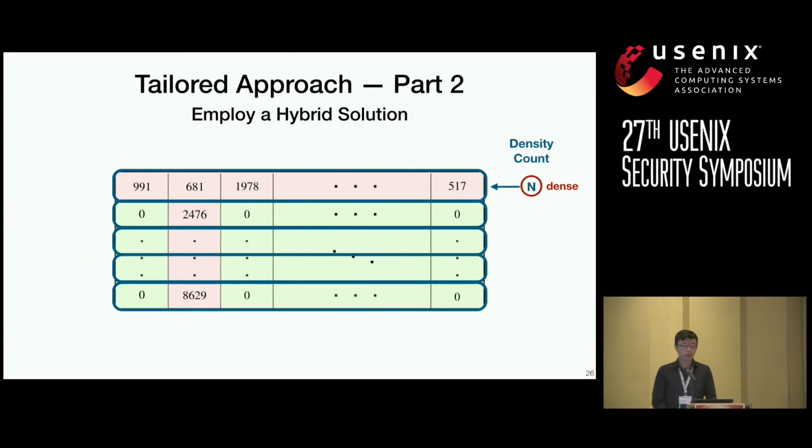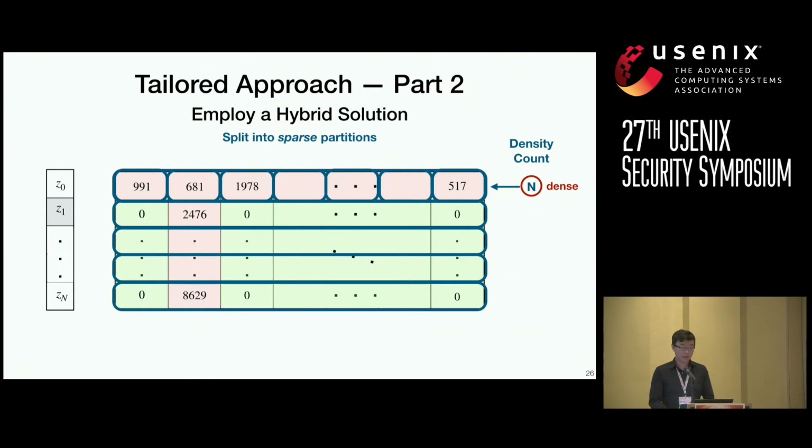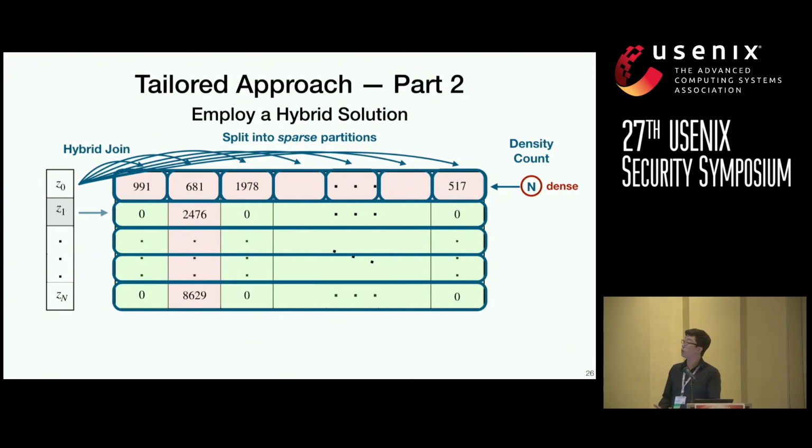Now, to perform the join operation between matrix A and vector Z, we perform what we call a hybrid join, which replicates only a handful of unique elements from vector Z. As we said, our matrix A is almost sparse. And so in this case, we need to split our dense vector into sparse partitions. And from there, we will perform our hybrid join with all the individual elements connected to their respective partitions here.